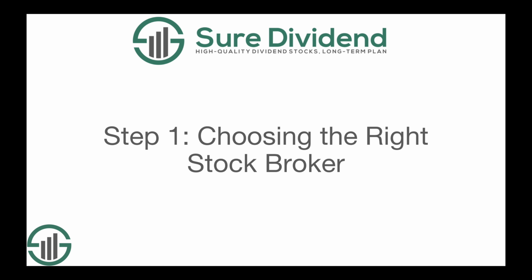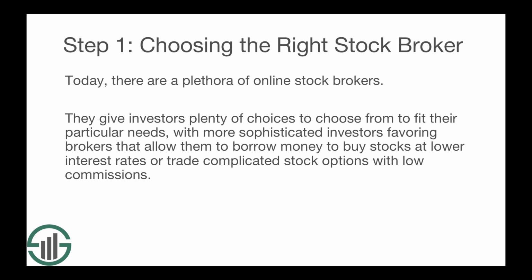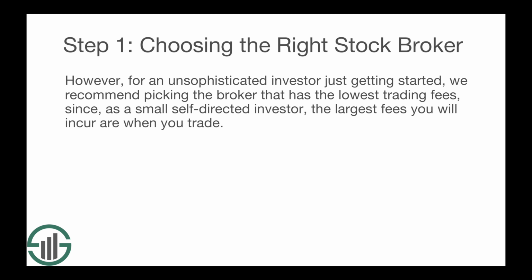Step 1. Choosing the right stockbroker. Today, there are a plethora of online stockbrokers. They give investors plenty of choices to fit their particular needs, with more sophisticated investors favoring brokers that allow them to borrow money to buy stocks at lower interest rates or trade complicated stock options with low commissions. However, for an unsophisticated investor just getting started, we recommend picking the broker that has the lowest trading fees,